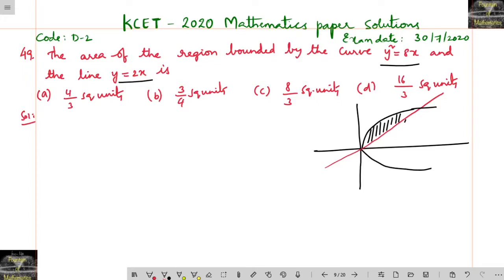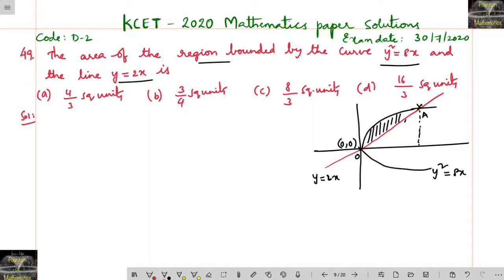So what is the area of the region bounded by the curve y square is equal to 8x and the straight line y is equal to 2x, since it is passing through origin, y is equal to mx form. So I drew it like this. So this is one point, we got it very clear, origin 0, 0, and we need to find the other point. Let me mark this as a point A, and hence we can use integration from 0 to A, the upper curve minus lower curve, then we get the area.